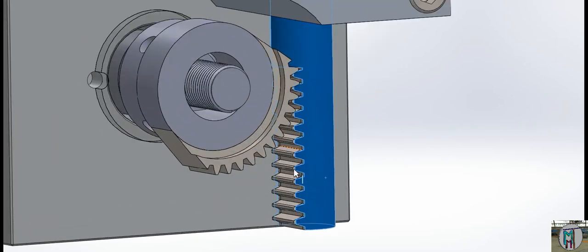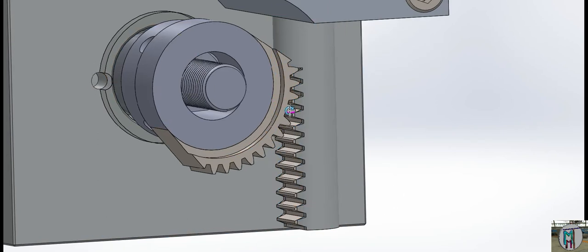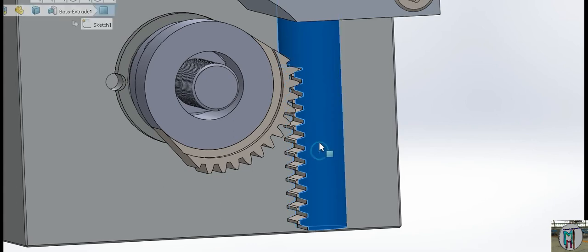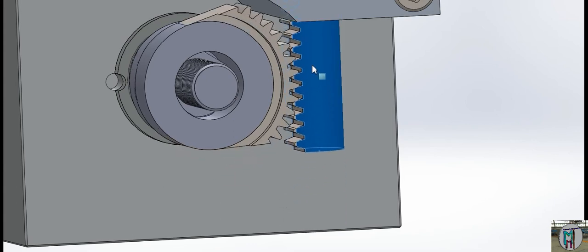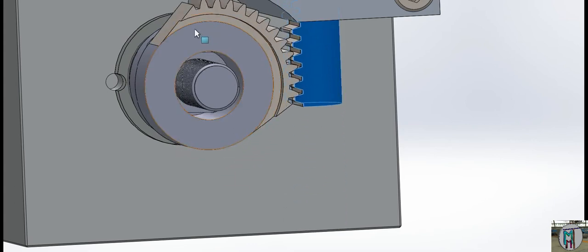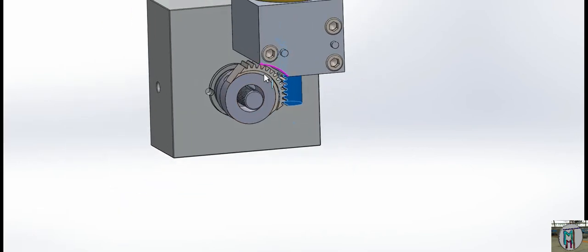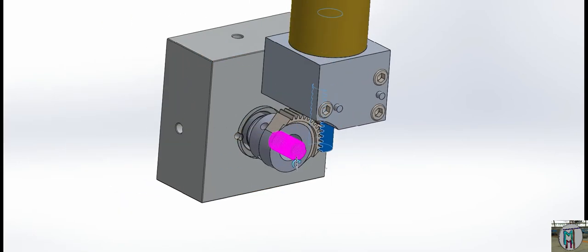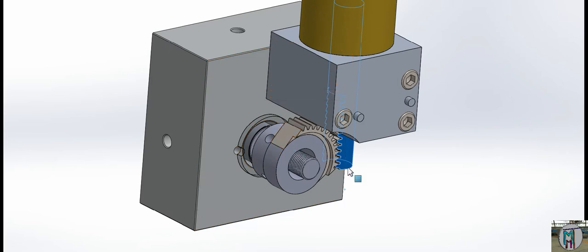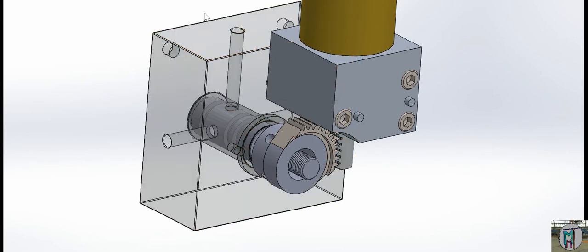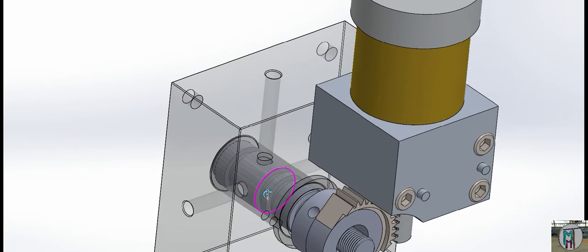Because the gear is here, you can see that this is the teeth and this is the matching teeth here also. When it goes upside, the teeth will move and this will rotate. When it rotates, it will change the position of your spool valve. What is the spool valve? We will tell you. Now we have made all items inside transparent.